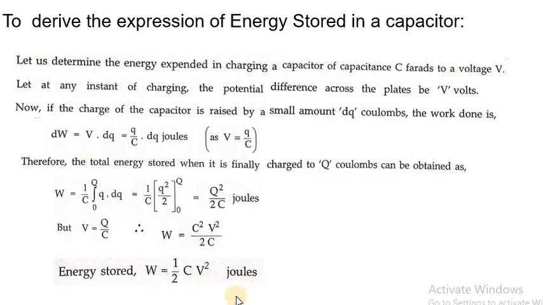This derivation is also used for numerical practice, because you have to use the equation half CV square in numericals. They generally ask to calculate the energy stored in a capacitor, which is for 2 marks only. You have to use the equation W is equal to half CV square, where C is in farad and V is the supply voltage in volts. Once you calculate the energy stored, without any mistake you have to write the unit joules.